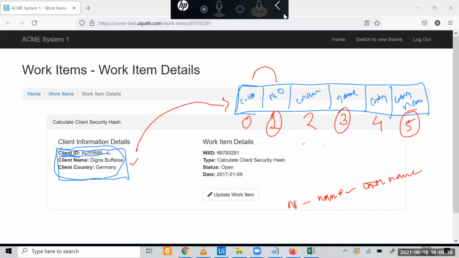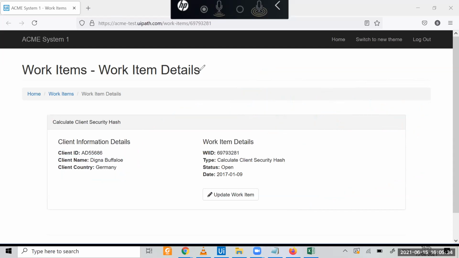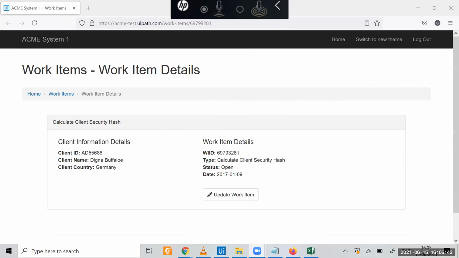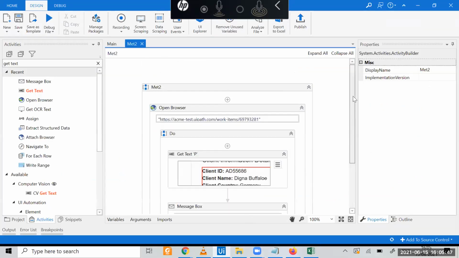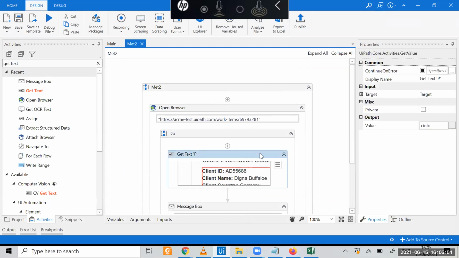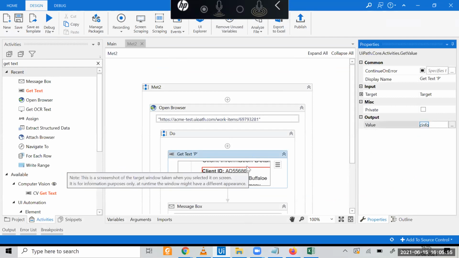So let me clear everything, clear all drawings, go back to my mouse. Then the value we are extracting from getText is stored in an array of string. Yes. See, that's the point. So we have stored this in an array, right? C info, correct? Yes, sir. Right.